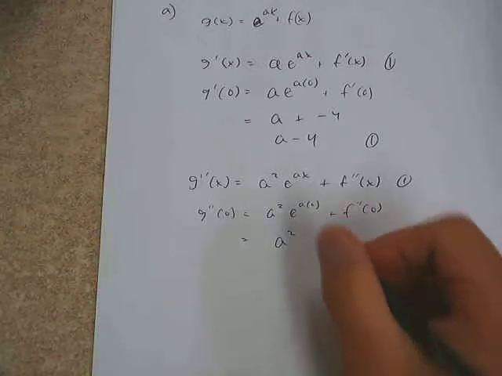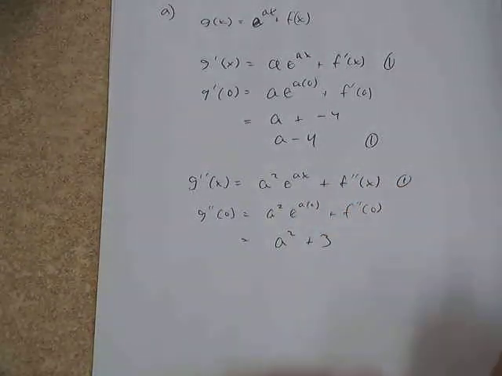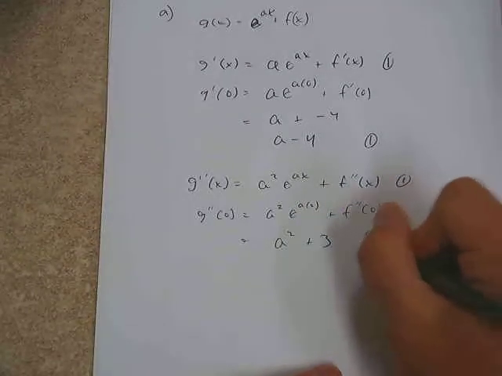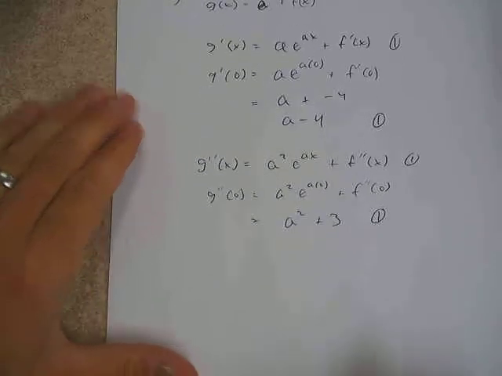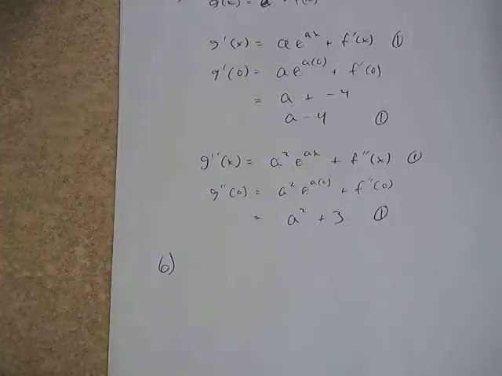And second derivative, we do g double prime. And again, remember our g prime is right here. So if we were to differentiate that, we'd get a squared e to the ax, because again the a is just a constant, so it would be the e to the ax itself times the derivative of the argument again, and then plus f prime, double prime that is, I mean, derivative of f prime would be f double prime,